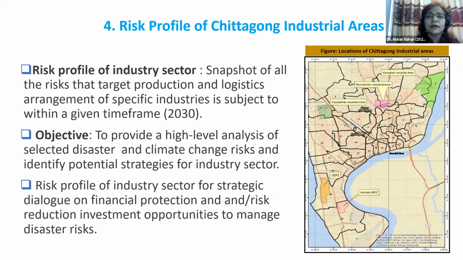So we selected the Chittagong industrial area to see what kind of risk level they will face due to selected hazards in the near future, up to 2030. This will give the planners there, like the city corporations, local government divisions, and the Chittagong port, a view on whether the infrastructure there is resilient, whether any change is needed, and what kind of new investment we might make to make that infrastructure more resilient. So should we plan now or later? Is business as usual enough? With this objective, we did the risk profiling.